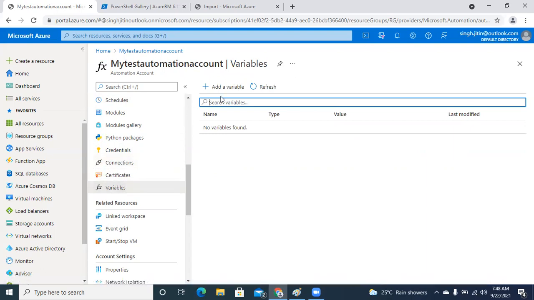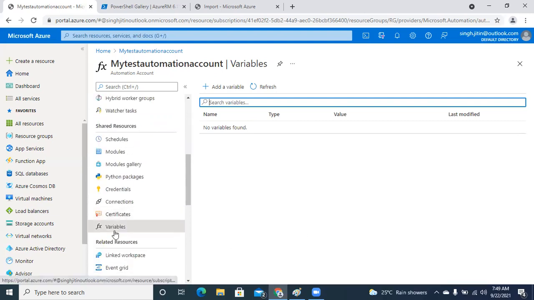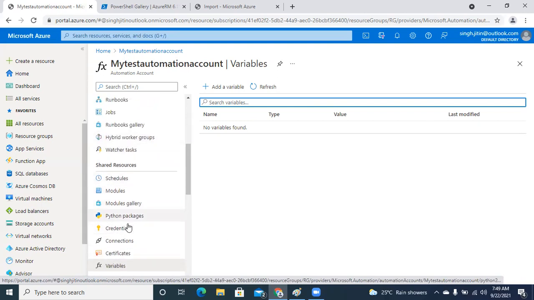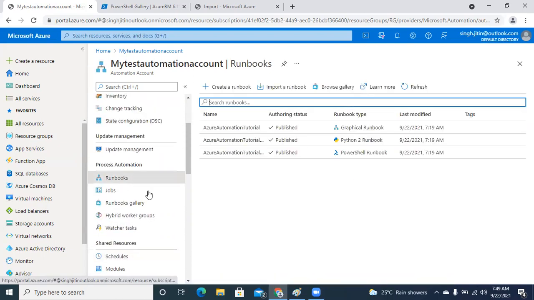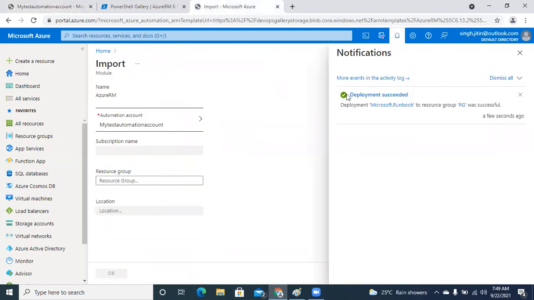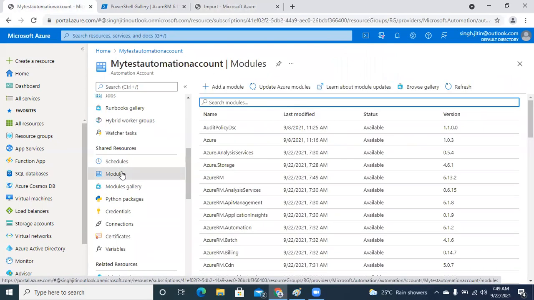Now, what is the job of the variable? Guys, there are certain scripts that you will be passing, and there are a few components you may want to verify or change each and every time you run the script. For example, if I'm creating a virtual machine, I would like to change the location and the resource group each and every time. So I would like to define those components in the variable, and probably the similar components may be used for other runbooks as well. That is the reason we call it a shared component, because multiple runbooks will be using them. Now, where exactly is this import coming? So guys, my import has succeeded. Now where we have imported, click on the module because we will be using PowerShell over here.